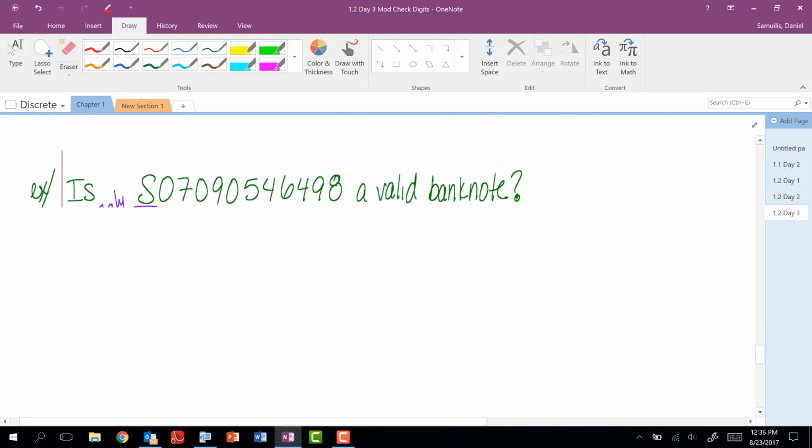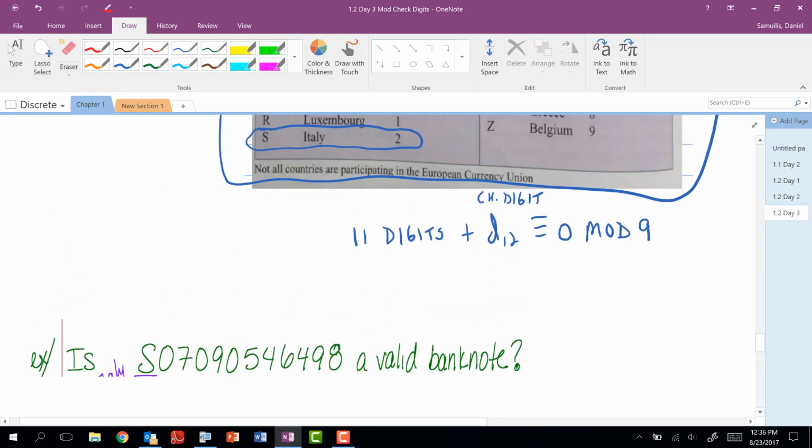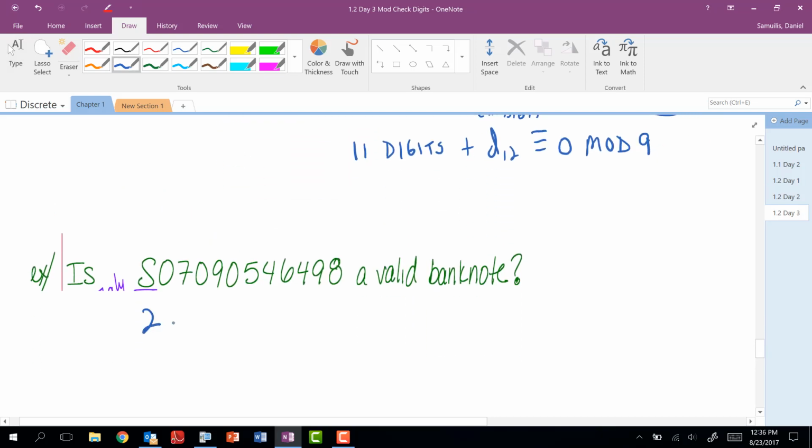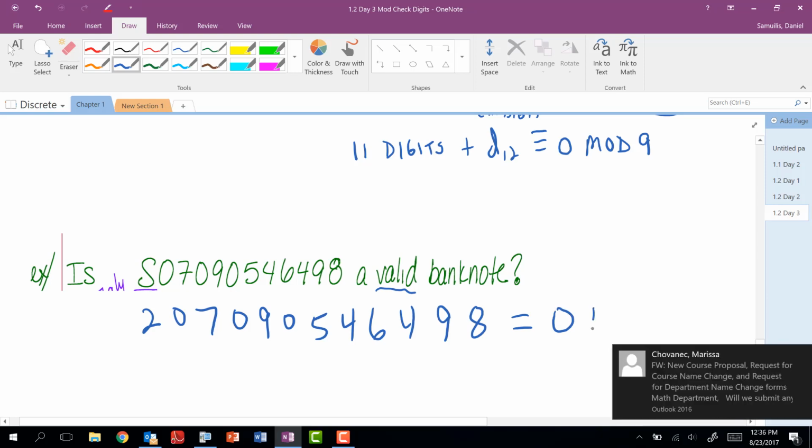Okay, so first things first, S is Italy, which we already denoted. So this is a 2. Then 0, 7, 0, 9, 0, 5, 4, 6, 4, 9, 8. Don't make a transposing error. Don't make a single digit error. Make sure you're careful on writing your numbers down. And then what we're doing is asking, is this valid? So that means I have the 11 digits plus the 12th. And if it is valid according to the specific, unique Euro banknote scheme, in its own world,